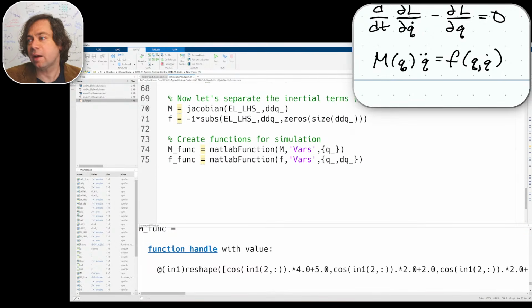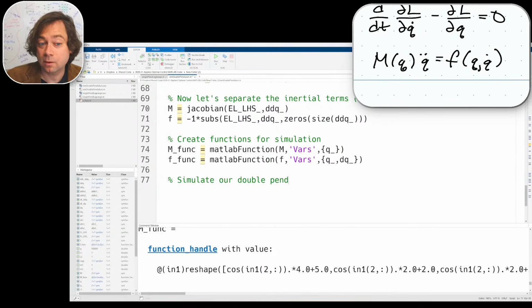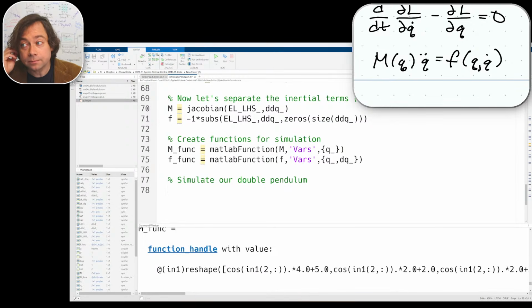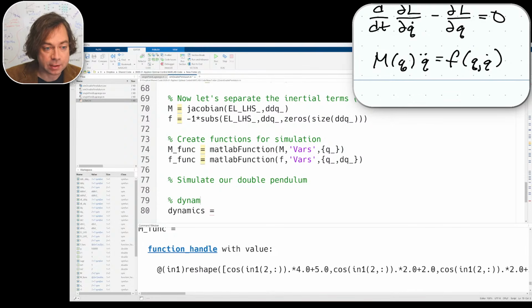And you can make this into a file if you wanted, but we don't even need a file. Okay, this is actually pretty simple. All right, so now we're ready to simulate our double pendulum. We're making good time, so we can finish in the next 5 minutes here. So we need our dynamics, right? We need our dynamics function